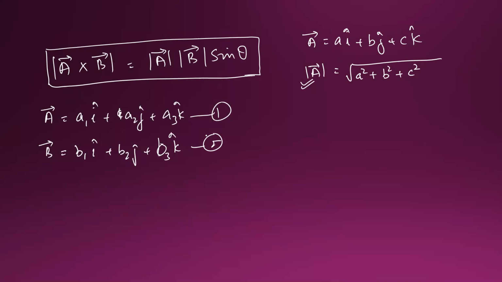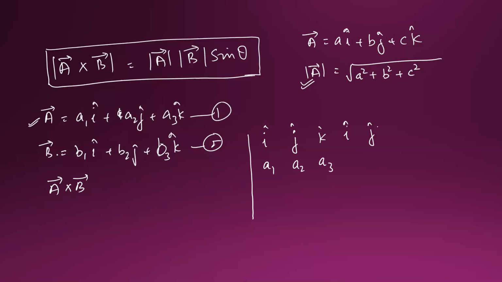So here you have to find the determinant of these two vectors. And how to find the determinant? Just go through this method. In this method, what you have to do is, in the first row, just write i j k, and after that just repeat these two rows, that is i cap and j cap. Here, if you want to find a cross b, first write the coefficient of a vector. Like i के नीचे क्या कोफिशिएंट आना चाहिए, a1, j के नीचे क्या आना चाहिए, a2, k के नीचे क्या आना चाहिए, a3.